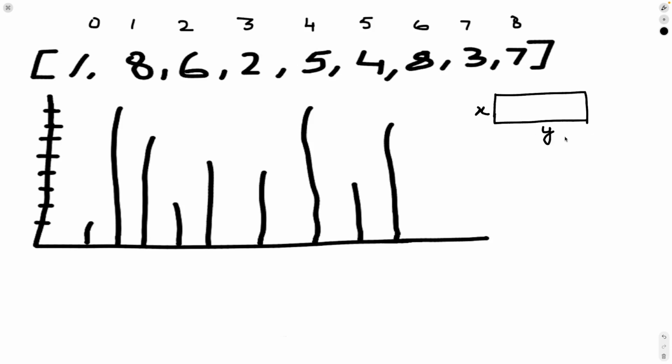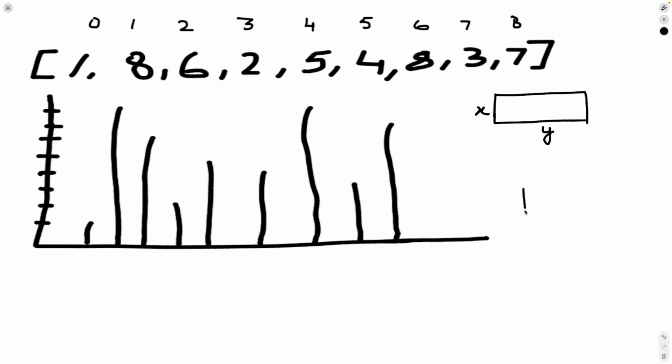How will we get y? That is the distance between any of these two heights. For example, if one pointer is at 8 and the other pointer is at 7, if I just subtract the indices, which is 7, I'm going to get the answer for my y. Now for my x-axis, I have to take the minimum height of these two, and that's going to be my